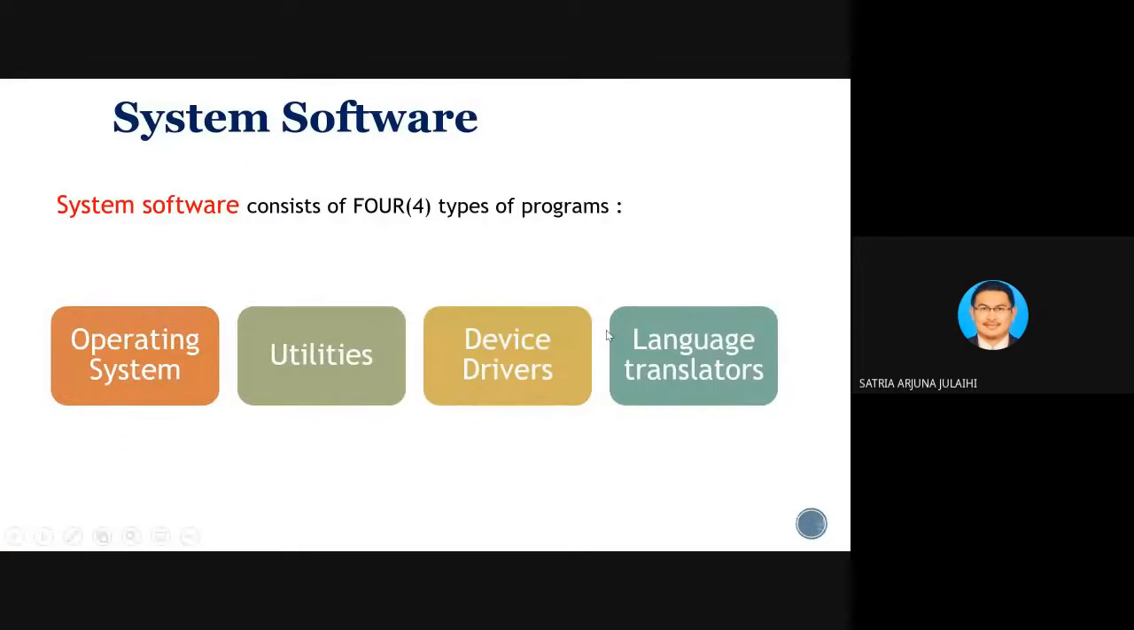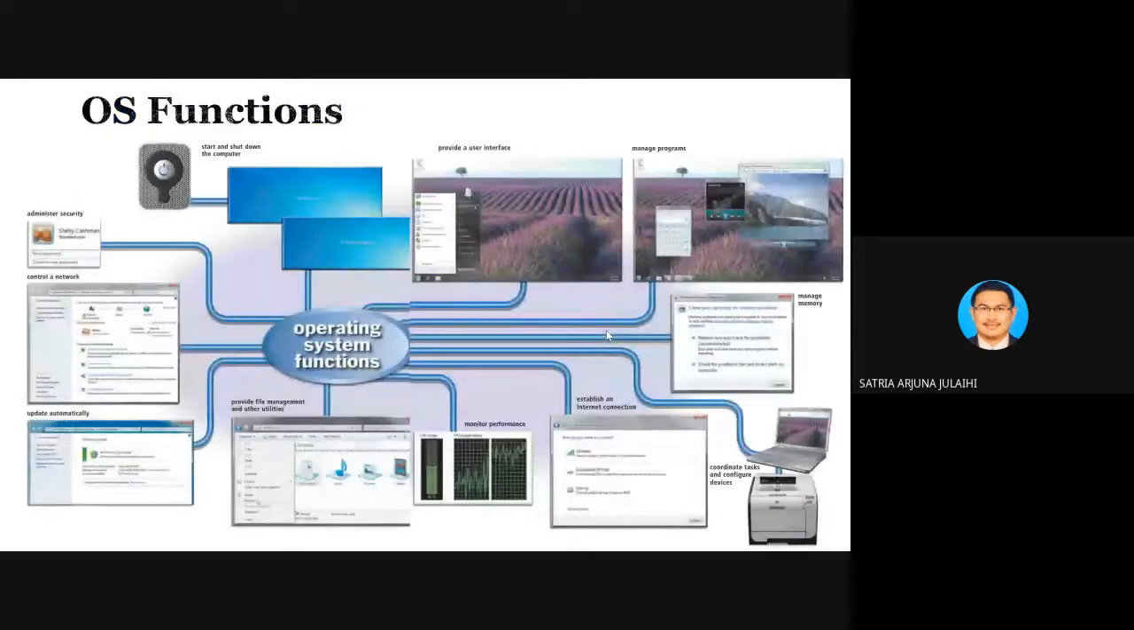Okay, so just now 4 types of system software. One of them is operating system. So in this picture, I show you the function of operating system. Yeah, function of operating system. This is also a very famous question in your tests and also final assessment, whereby it can ask you list